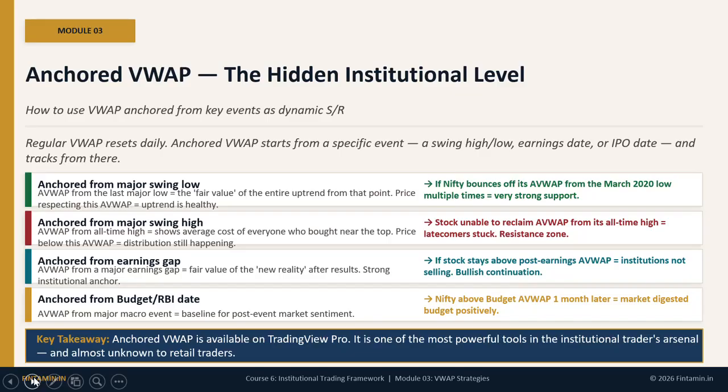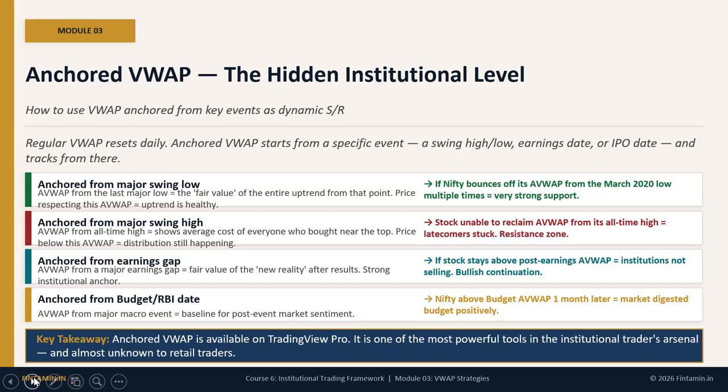If TCS gaps up 8% on strong results, anchor VWAP from that day. The AVWAP becomes the fair value of the new reality post earnings. As long as TCS stays above its post earnings AVWAP, institutions are not selling. The trend is intact. Anchor from budget day or RBI policy gives you the market's average cost since the macro